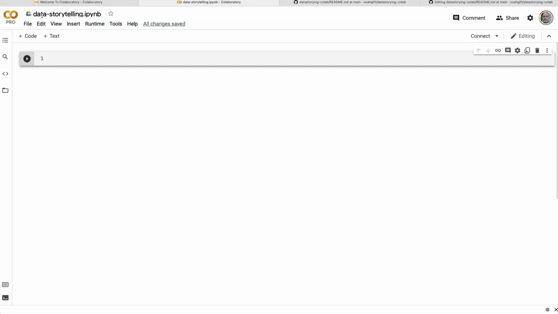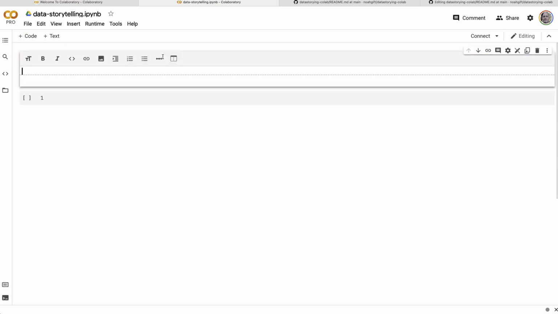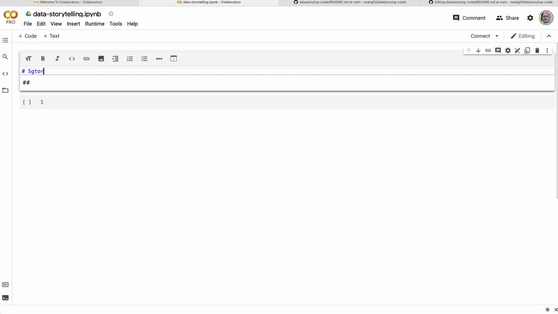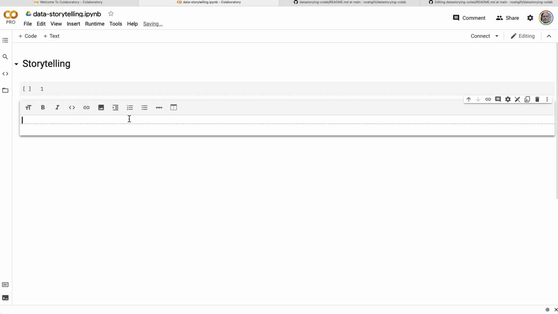Now, as I mentioned here, I think this synchronization where you go back and forth is a really powerful feature of this Colab notebook. And so you have code snippets here and you have text snippets. The first thing that I like to do is create a first hierarchy, and I'll say, let's say storytelling, and I'll put one hashtag like this, and then I can put another one down here that says two hashtags, ingest,